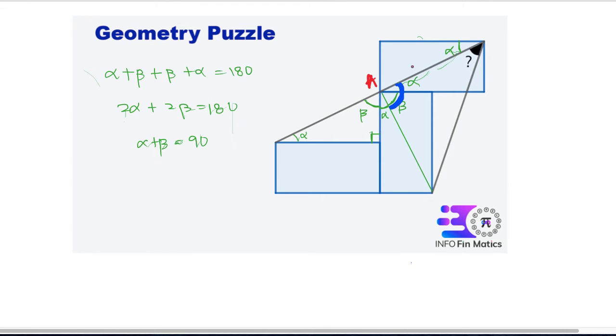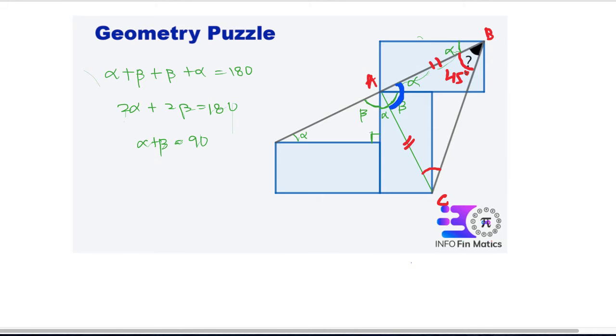And we know that this is an isosceles triangle. If I write down the names A, B and C, sides AC and AB are of equal length because these are the diagonals of the rectangle. And in this triangle there are three angles, one of the angles is 90 degrees and the other two angles are equal, so the measure of each angle is 45 degrees. So this is one way.